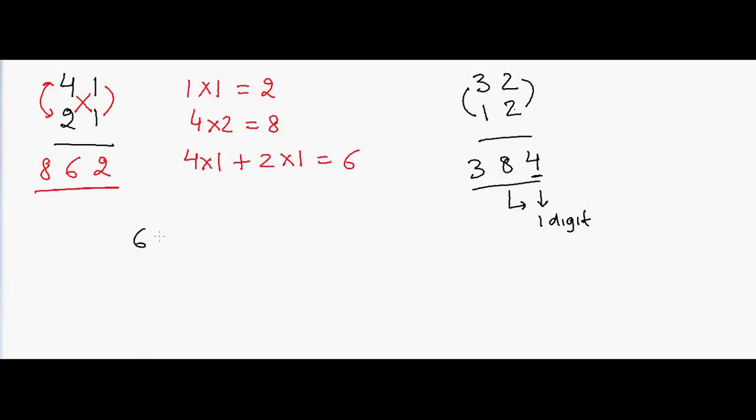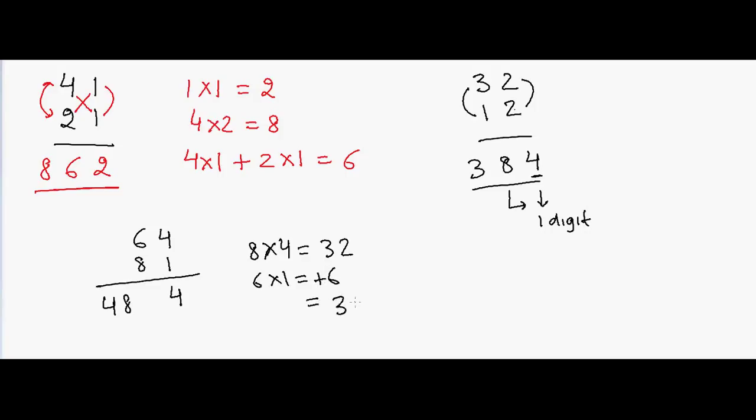If I have 64 and I want to multiply by 81, then how will I do that? In that case, you can see that 4 into 1 is 4, so that's fine. But 6 into 8 is 48, that is also fine. But when we do 6 into 1 is 6 and 8 into 4 is 32. 8 into 4 is equal to 32, right? And 6 into 1 is 6. So if we add them together,